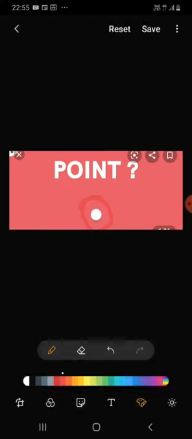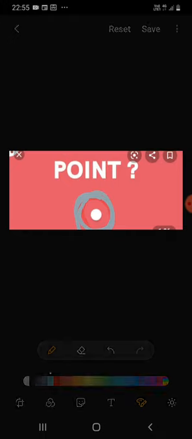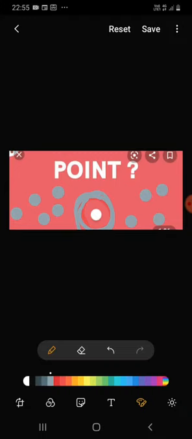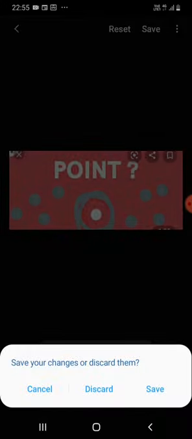You can see that this small dot which is here, this is known as a point. For instance, with this grey pen I am marking a few dots here and here. These all are known as points. Each point will denote a different one. For example, this point is point A. So it will be known as point A. With each of the different names, the points are made and they can be used to show the geographical areas.